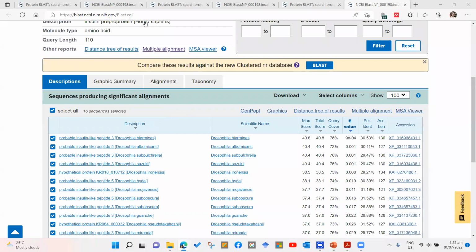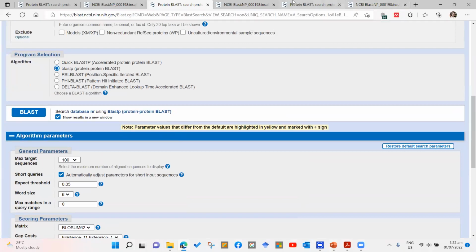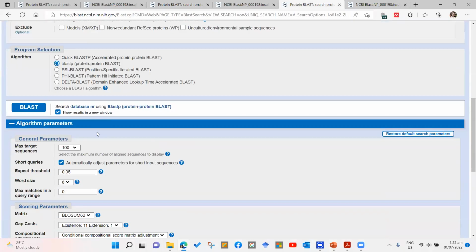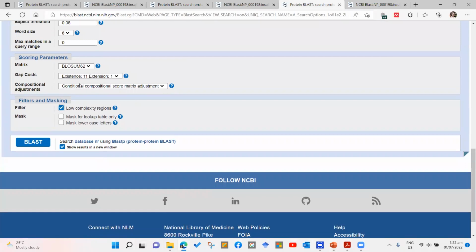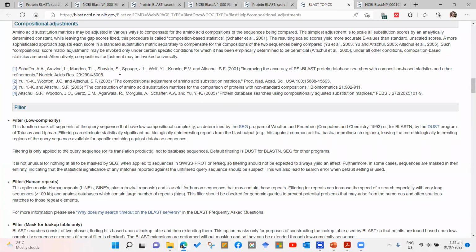Okay, now let's look at the other searches that I have. So what is the difference between these previous searches? In this first one, I had generally default parameters. I have compositional adjustment for compositional score matrix adjustment. So this adjusts to compensate for amino acid composition of the sequence. So what does exactly that mean? So actually,